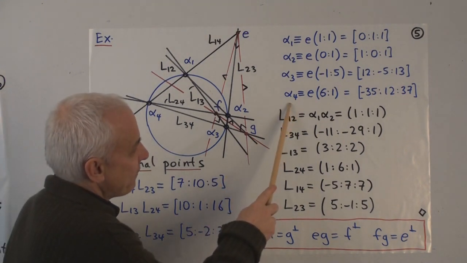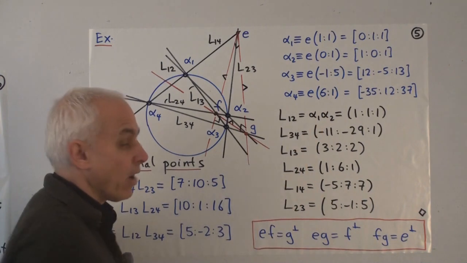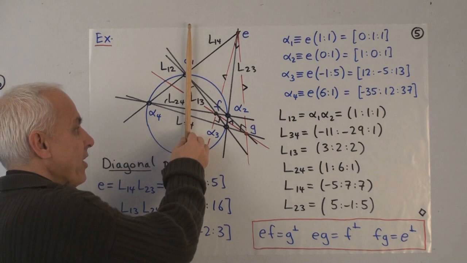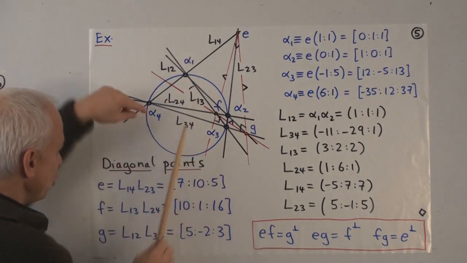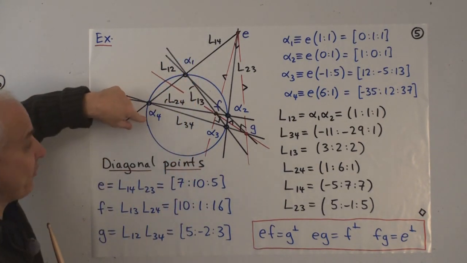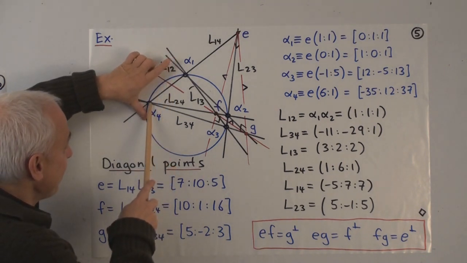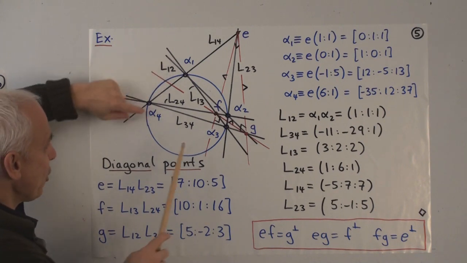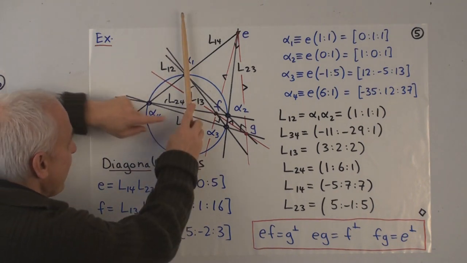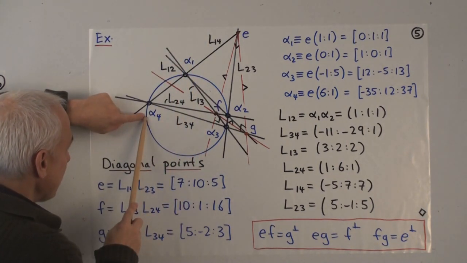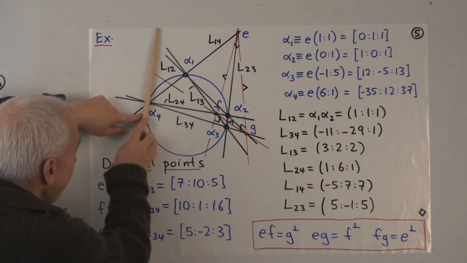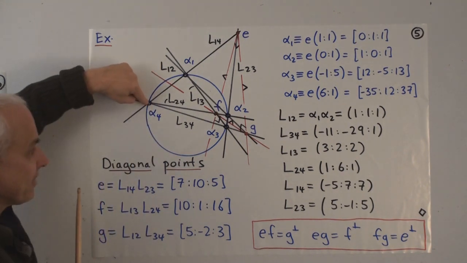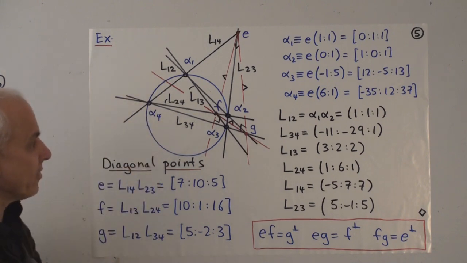So for example, alpha 4, what does it mean to be e of 6 to 1? That 6 to 1 is actually telling us the coordinate on the y-axis that we need to join with our base point minus 1, 0 to get the line intersecting the circle at our required point. So if we went up 6 in the y-axis, and looked at it from the point minus 1, 0 here, that would be exactly that line there, and that's that line that meets the circle at this point alpha 4.